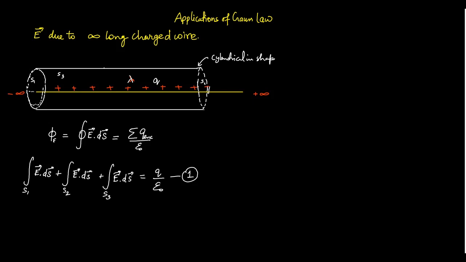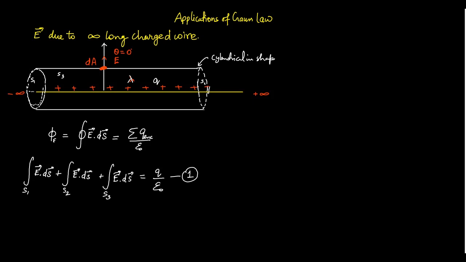Now here we will see the direction of field and area element. Over here, suppose if I consider S3 surface, the electric field intensity will be perpendicular to the surface. It is always away from the positive charge. So this is the direction of electric field over here. And over here, if I consider a very small area element, dA, this area element is parallel to electric field. So theta here will be 0.